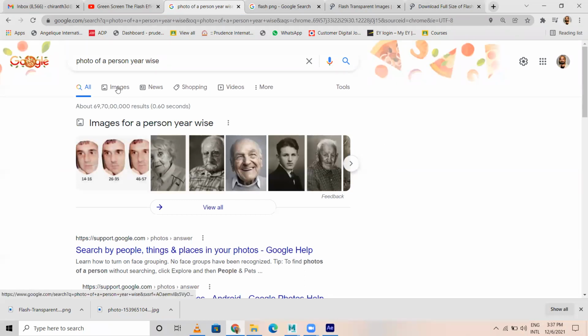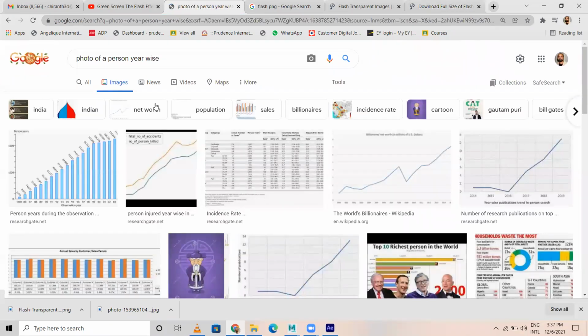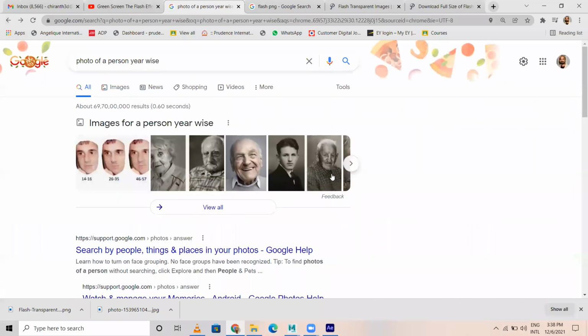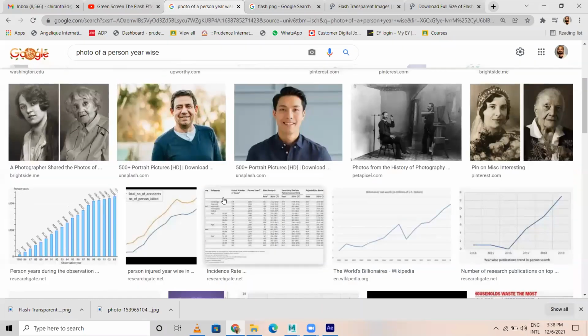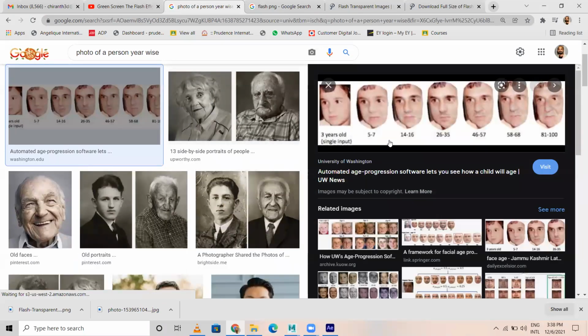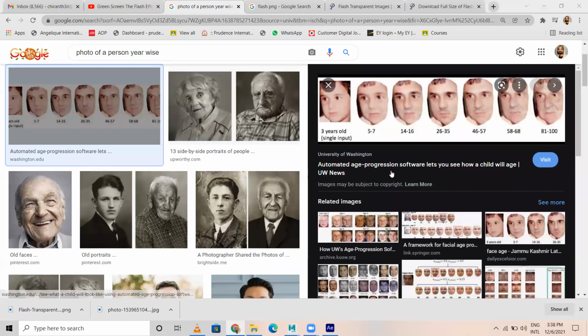Let's say, for example, I go to this one. Or else it is something like this. See, this person, 3-year-old, same kid when he is 5 to 7, 14 to 16, 26 to 35. This is the age. Okay, from 3-year to 100-year-old image is there, right?